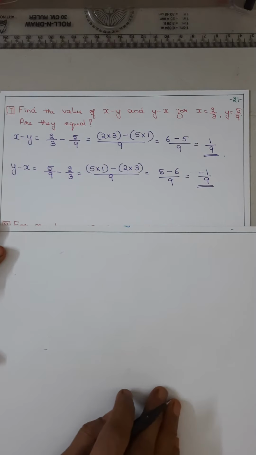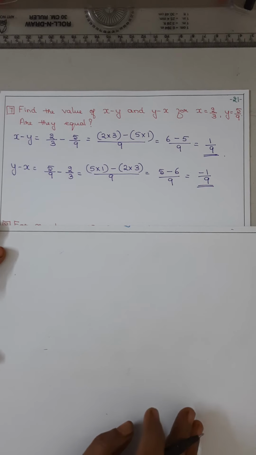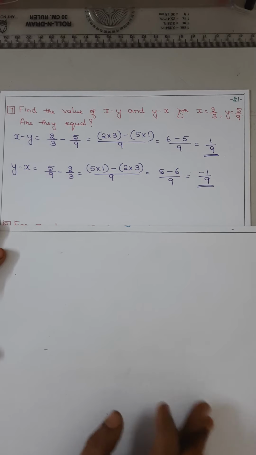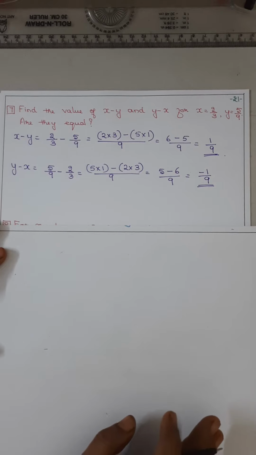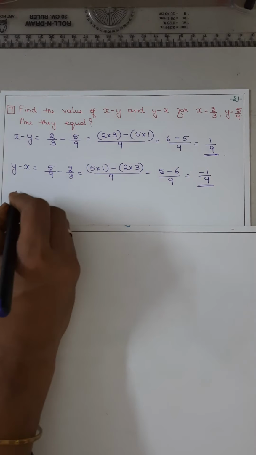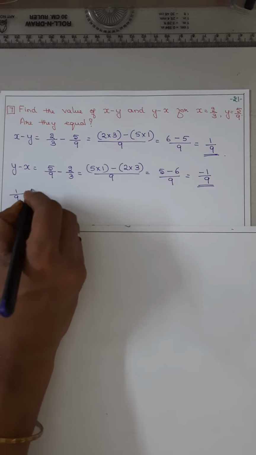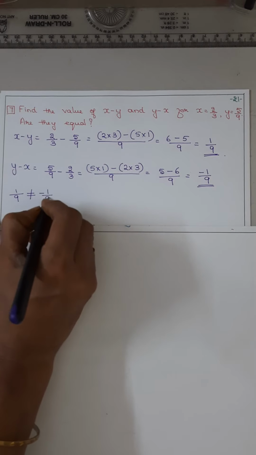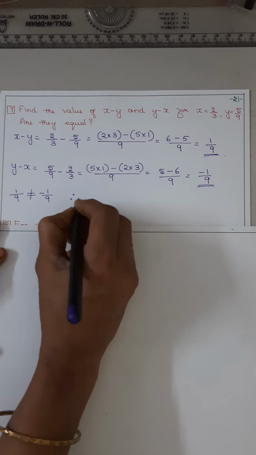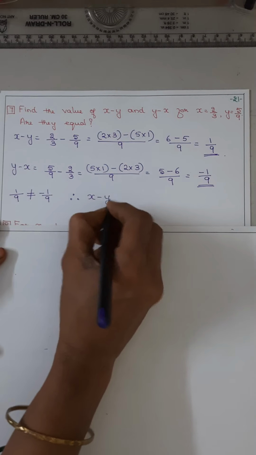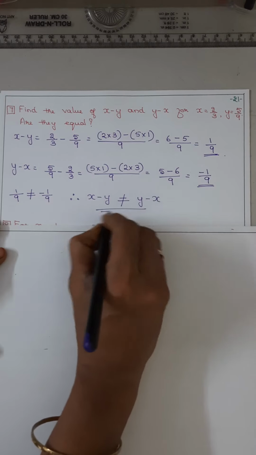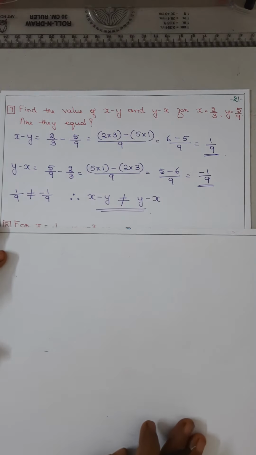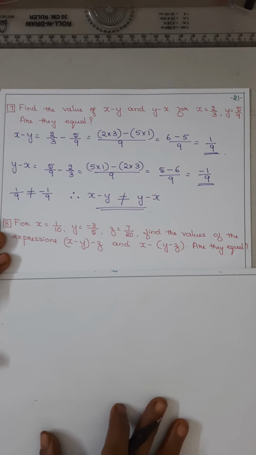This we have told earlier itself in the properties. So the answer will be, the number will be the same, but the signs will be different, means opposites. So 1 by 9 is not equal to minus 1 by 9. Therefore x minus y is not equal to y minus x. Is it okay? Now coming to the